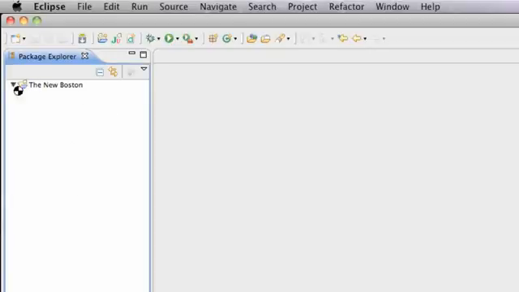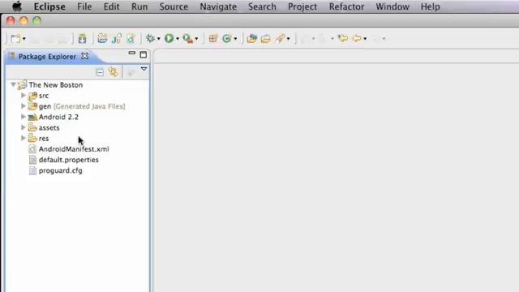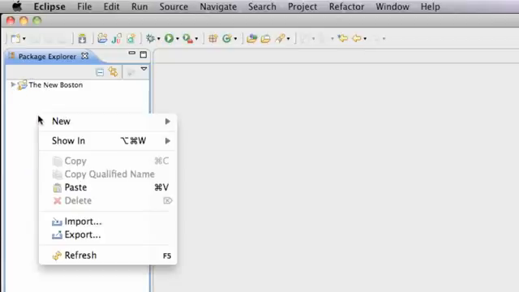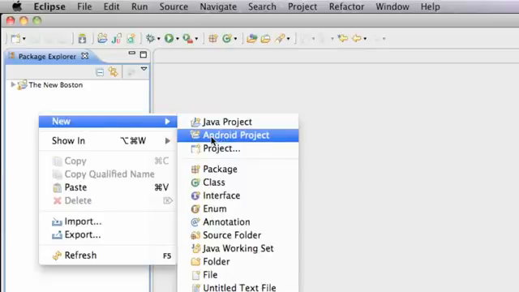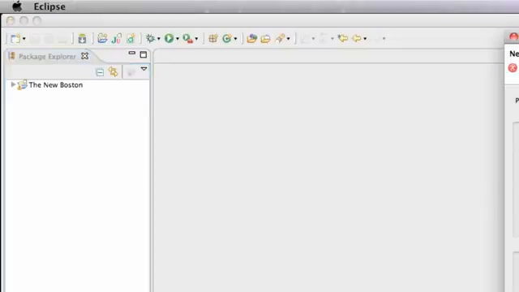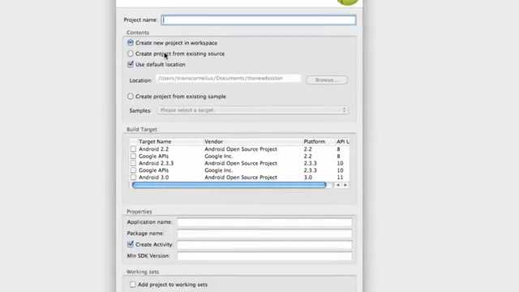We can't just add the API or the jar into our project, which I tried doing. I made a tutorial doing it that way, but it didn't actually end up working. So we're going to actually create a new project just for Google Maps. Right click in that free space, go to Android project, and then type in whatever you guys want, maps, and we're going to say the new Boston, or whatever you guys want to label this. Again, you don't have to follow along for our package name, but we're just going to call this Google Maps,